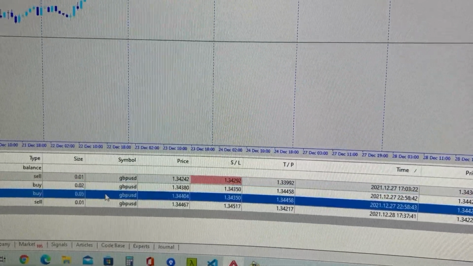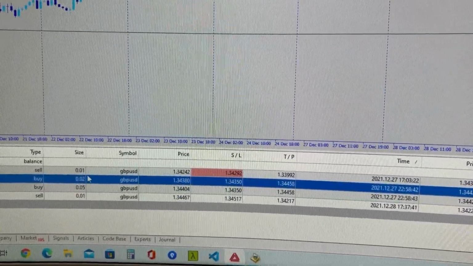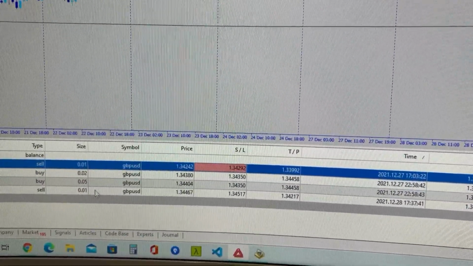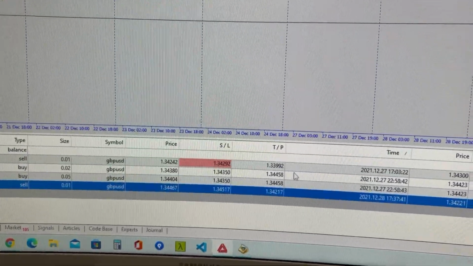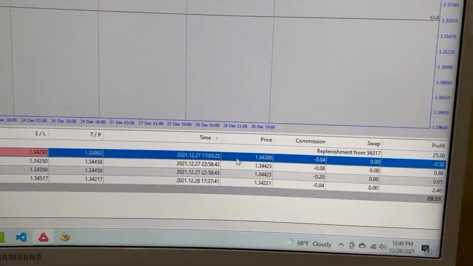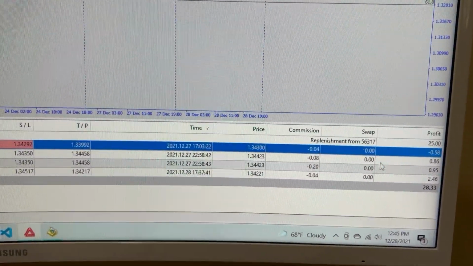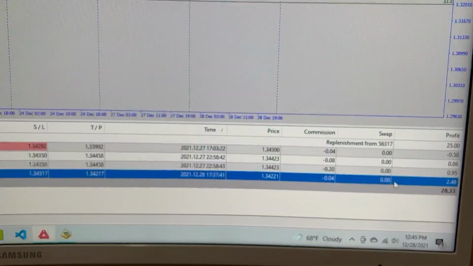I took on the account. I really didn't try to use this account. But this 0.01 and 0.01, this is from yesterday. This is from today. Here you can see a loss on this trade. It lost 58 cents. Here you can see it won on this trade,